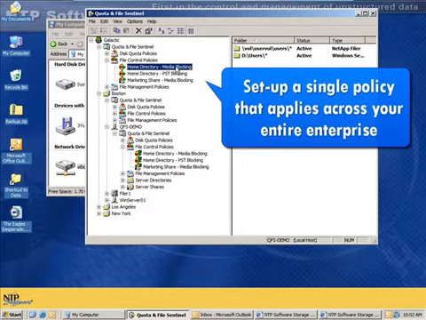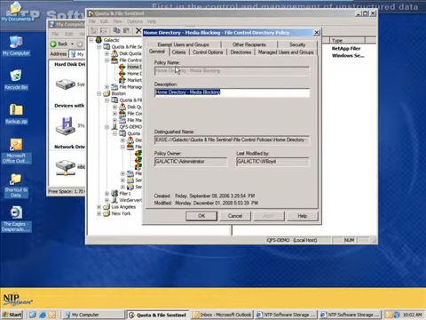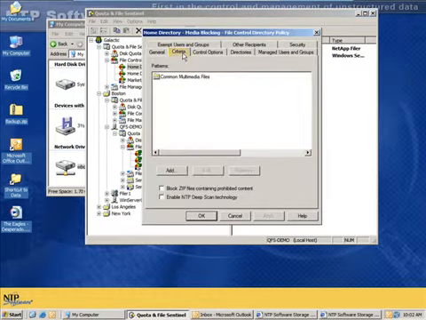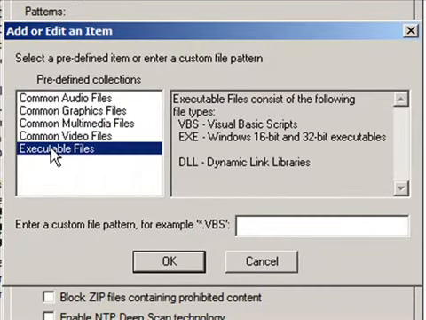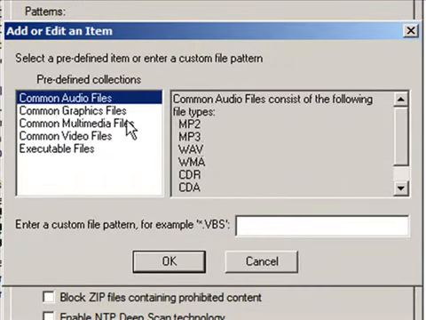This means that I can set up one policy for all home directories across a very large enterprise and have them apply everywhere. In this case, the media blocking policy has a criteria tab, which allows me to specify things like multimedia files, or I can add specific file types or file names. So I can do things like *.vbs, in which case it will look for the VBS extension, or I can do things like PST, but I can also pick from the predefined collections like executables, multimedia files, audio files, and